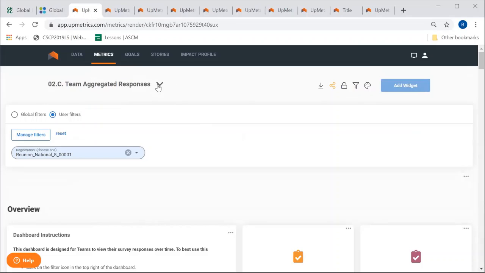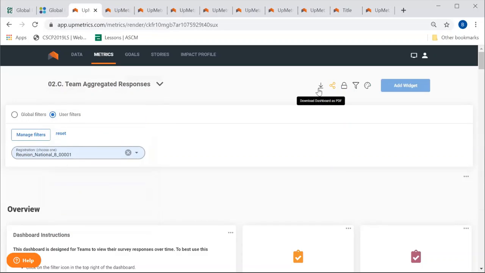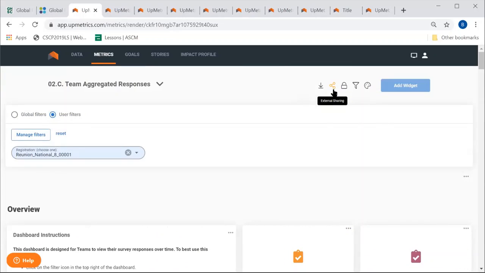This tab here has a drop down where you can also access so much other information on the tool. You can query different aspects of the digital visualization, and we'll be going through that. Right now, you also have a download button where you can download what you're seeing here, and you can also share it externally, or you can filter. The filter button, we'll be talking about that later on, but this gives you an idea of how you can query and get different information on the tool.